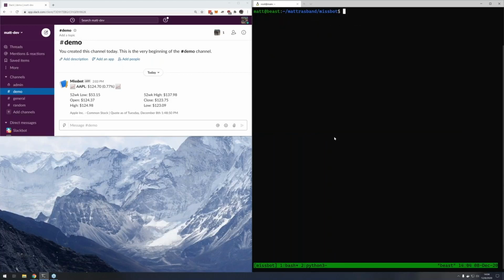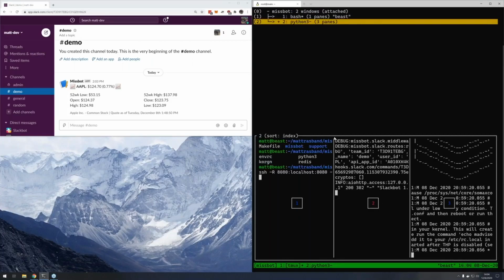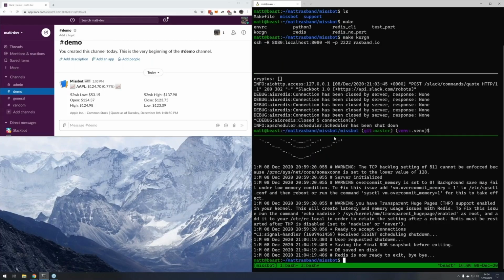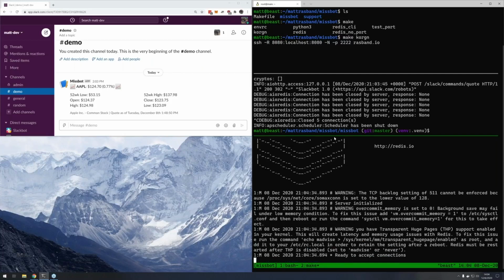So getting started, this bot requires Redis to be up. To do that, you can either run Redis on your host or run it in something else, like online or in a container. So for fun, we can run Redis just locally here, and we're gonna be able to, let's see,